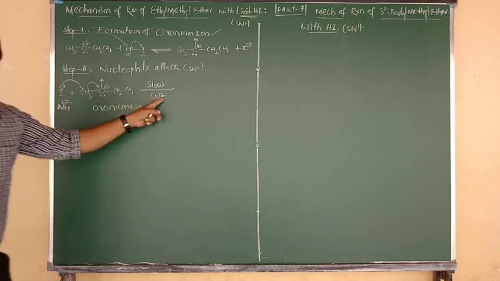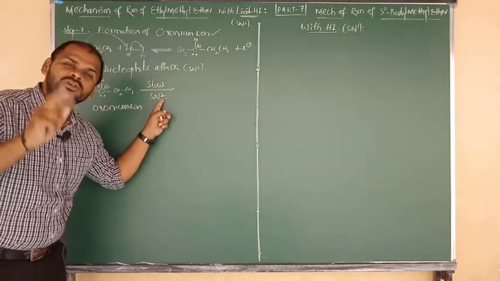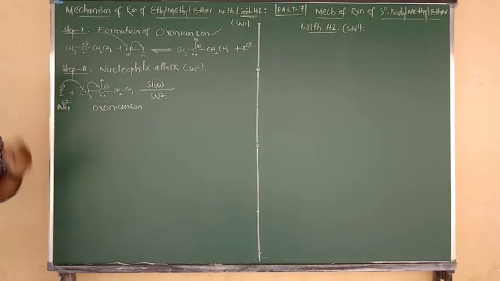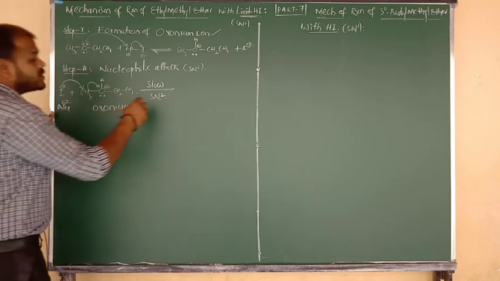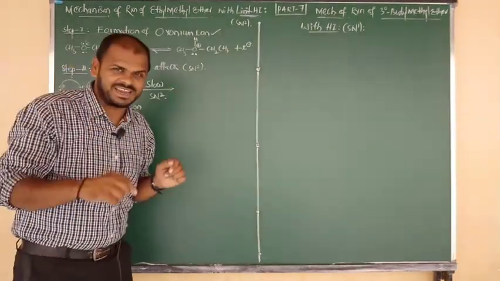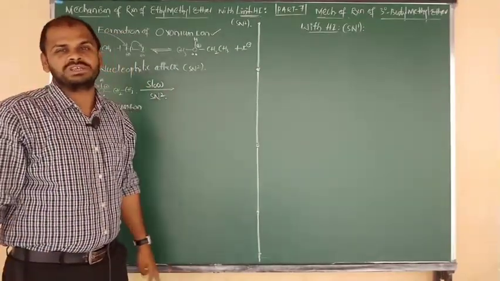So in SN2 reaction, 2 means the rate depends on 2 molecules. One is nothing but the oxonium ion, and one more is nothing but the nucleophile. Now you understand why we are saying SN2, beta? Good. So in SN2 reaction, you know very well, we will generally get one transition state, a highly unstable transition state.